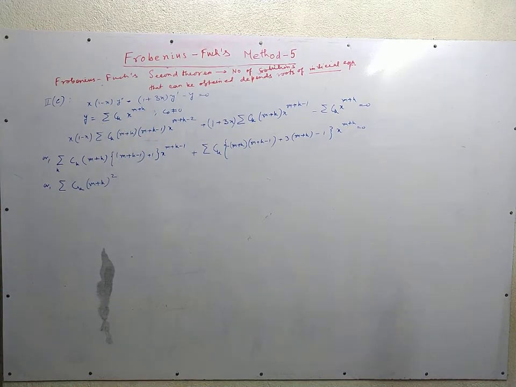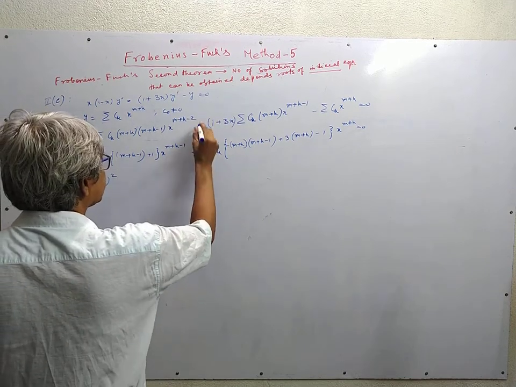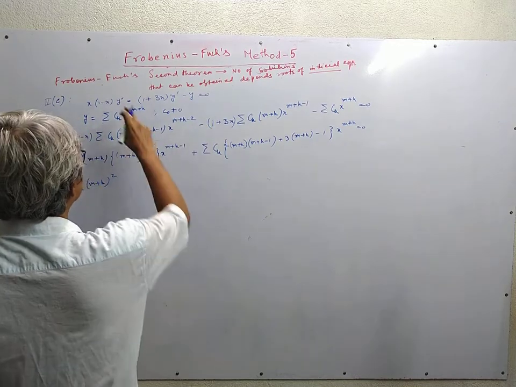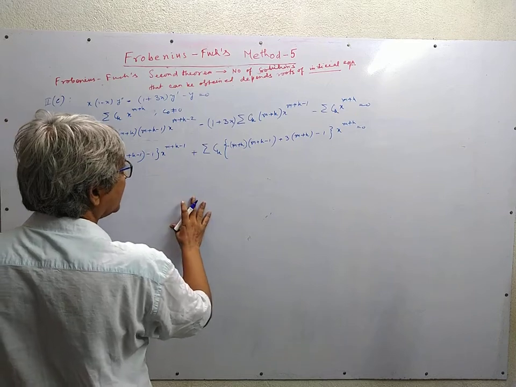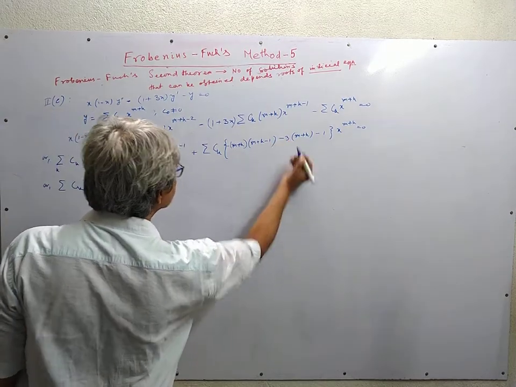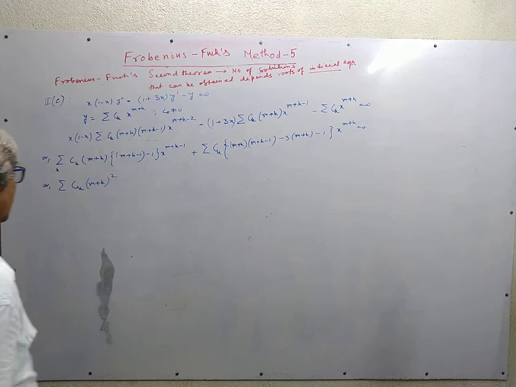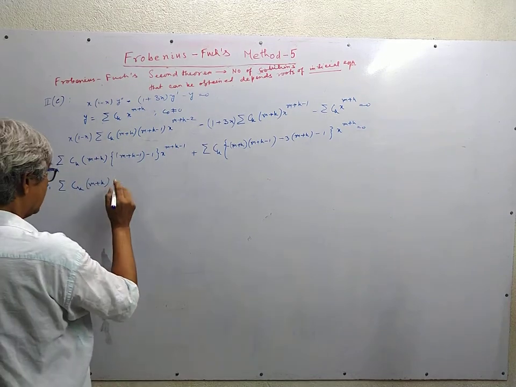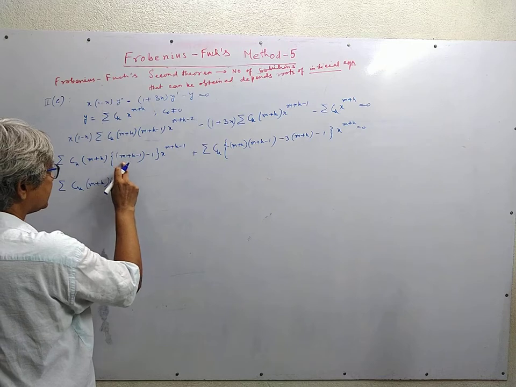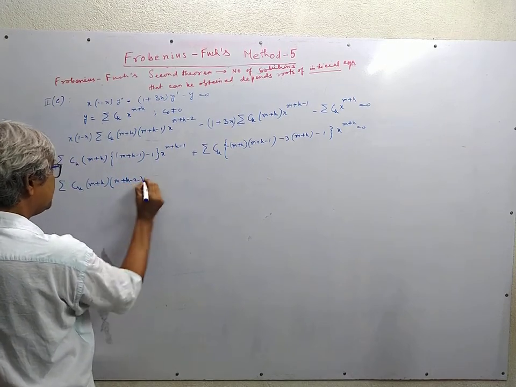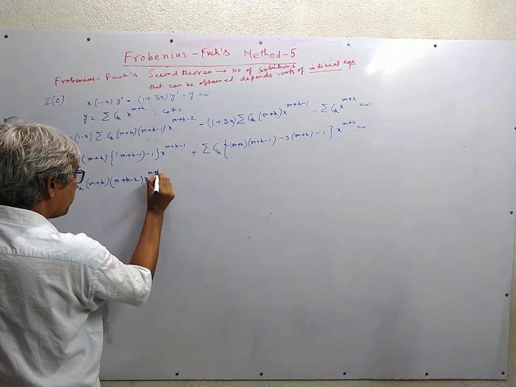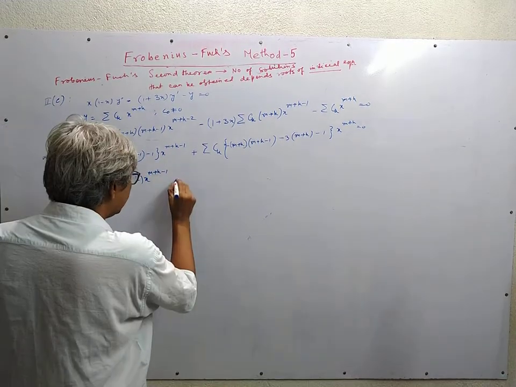The differential equation had a minus, so this sign is minus. Had this sign been minus, then this is a minus sign. This is also minus. Please note the change. So this is m plus k, and this is m plus k minus 2, x to the power m plus k minus 1, and then we can take